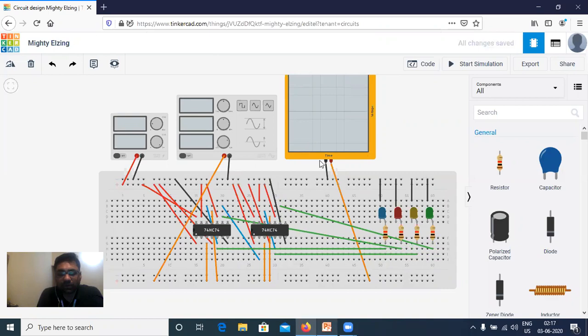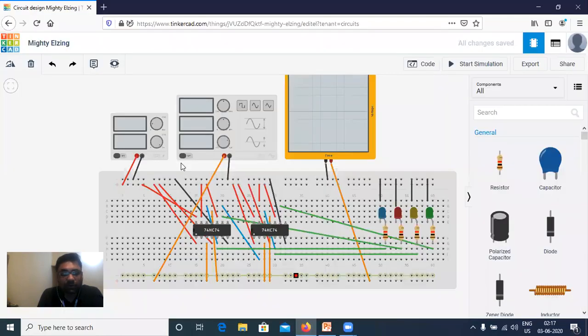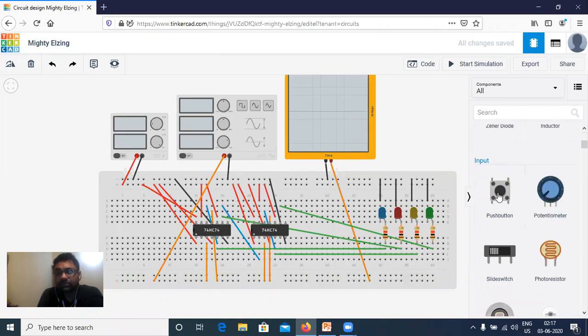Now, one important thing I have to see is that the input has to be given manually, serially, on this pin number 2. So I have to give a push button for manual input. So let me take a push button. I'll place this here.